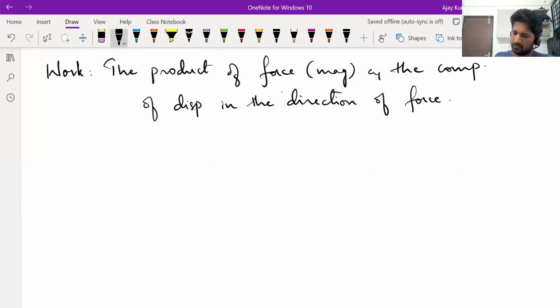Now think about it this way: suppose there's a particle. Assume it is moving in this direction. Moving means velocity is this way, and if velocity is this way, displacement also will be this way itself. Okay, velocity tells you the direction in which the object is moving. So if velocity is to the right, it means the object is moving to the right. Fine. Let's say there's some force acting on this object,